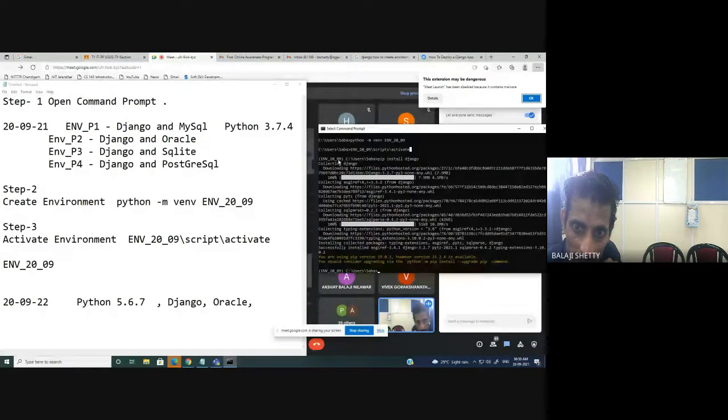Now you can see this environment name here. What is the next step? My next step is to install the software. What do I want to use? I want to use Django, install Django. I want to use Oracle, install Oracle. I want to use PostgreSQL, install PostgreSQL. Whatever software you need in your project, install it using the pip command.